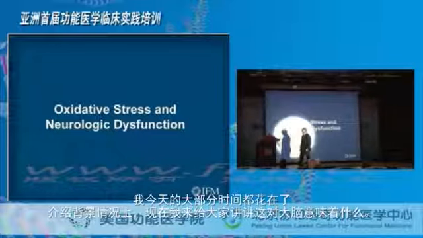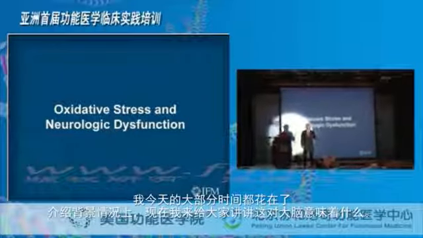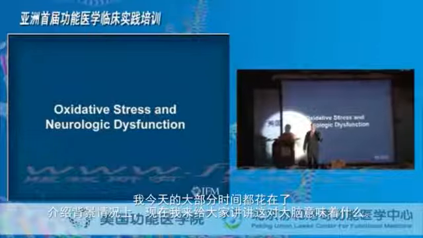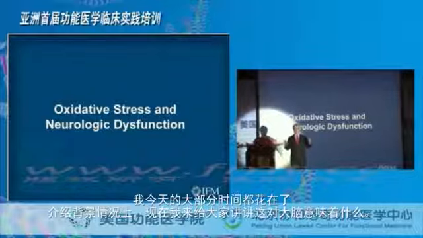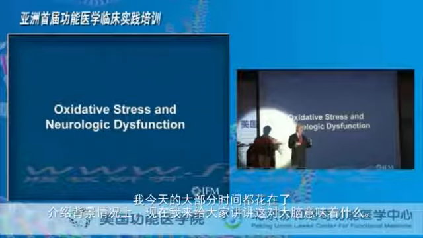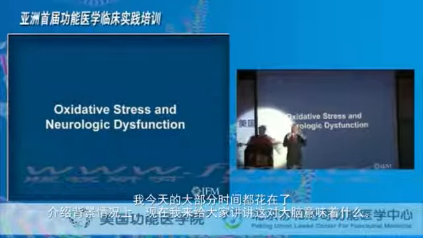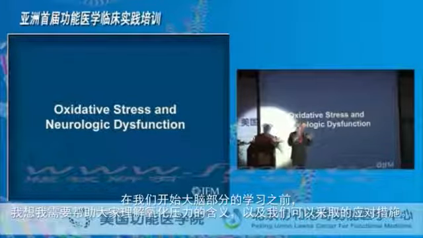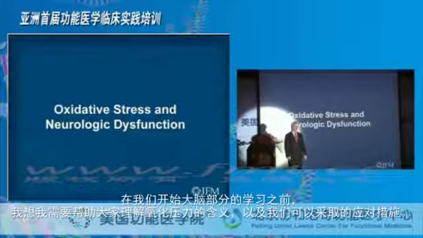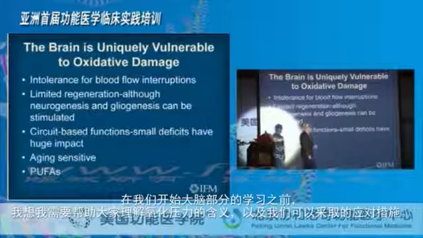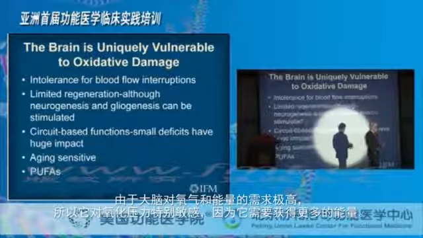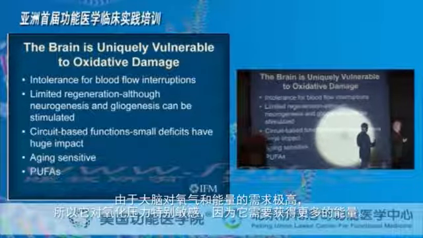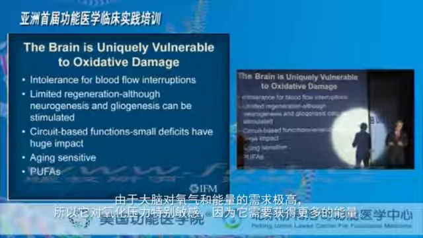So I've spent the majority of my time here talking about the background. And now I want to go through and talk to you about, well, what does this mean to the brain? But before I could start on the brain, I felt like I needed to help you understand, when I say oxidative stress, what I mean and what can be done. So we see that the brain, actually, because it's got such a high need for oxygen, such a high need for energy,